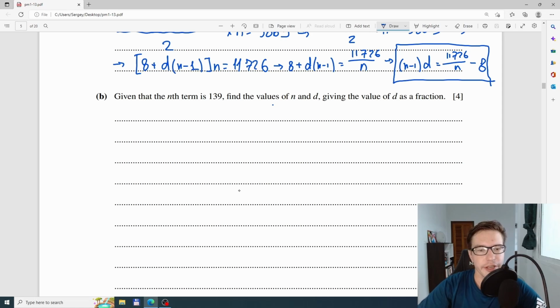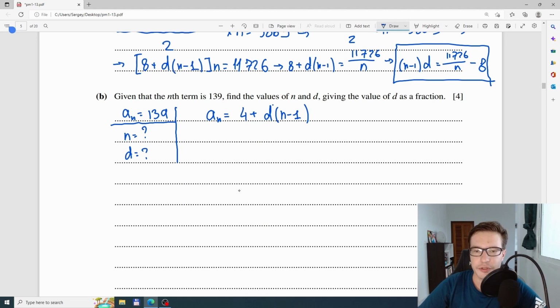Okay, next one, we know that the nth term is 139. We're looking for n, and we're looking for d. Alright, since we're given the nth term, let's start with the formula for the nth term, which is a1, we know it's 4, plus d times n minus 1, and that should be equal to 139. Now, from this equation, we can move 4 to the other side, and we'll get d times n minus 1 equals to